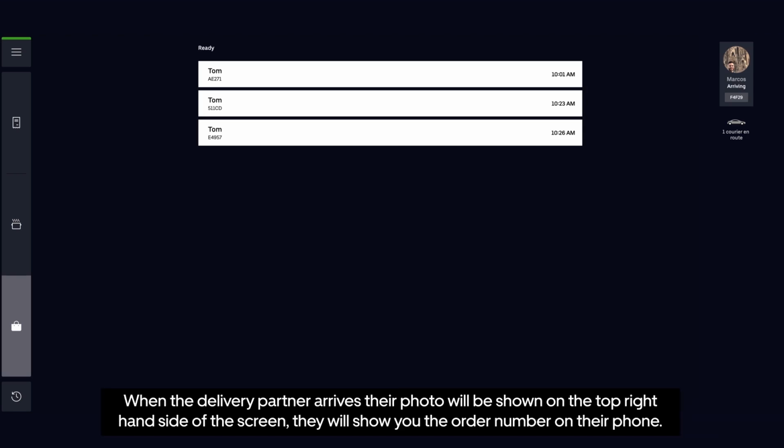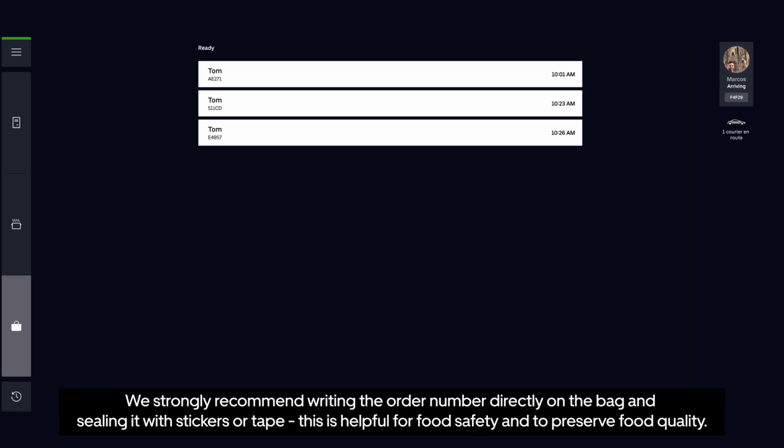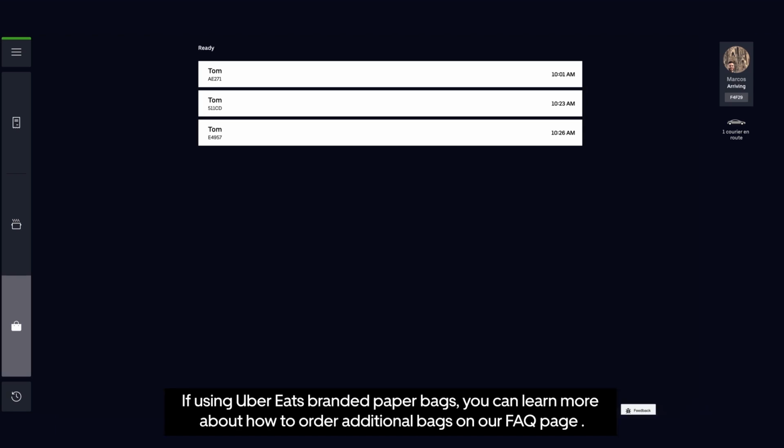When the delivery partner arrives, their photo will be shown on the top right-hand side of the screen. They will show you the order number on their phone. We strongly recommend writing the order number directly on the bag and sealing it with stickers or tape. This is helpful for food safety and to preserve food quality. If using Uber Eats branded paper bags, you can learn more about how to order additional bags on our FAQ